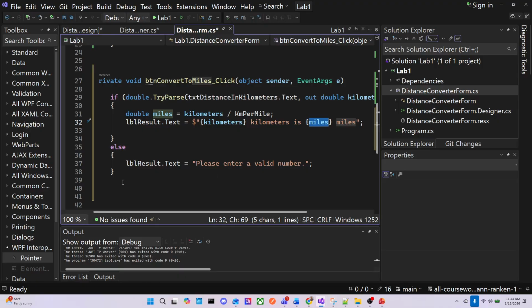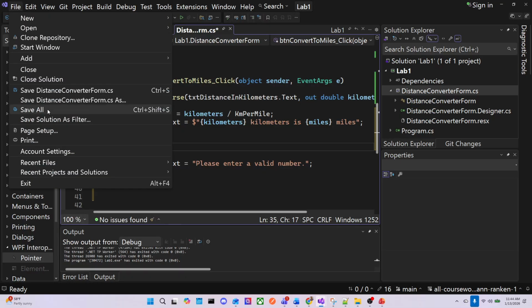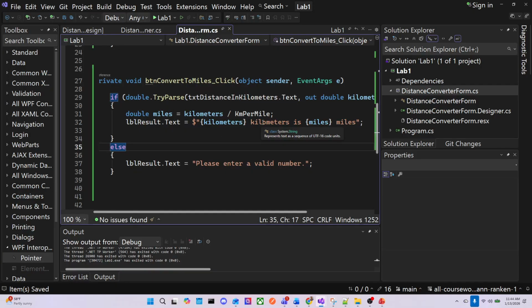Otherwise, we'll do the same thing here. All right. I'm going to do no issues found. That's always a good thing there. File, save all. Now if I go ahead and click this,